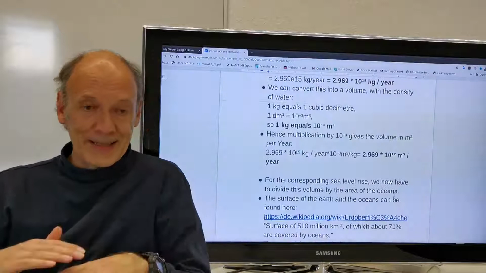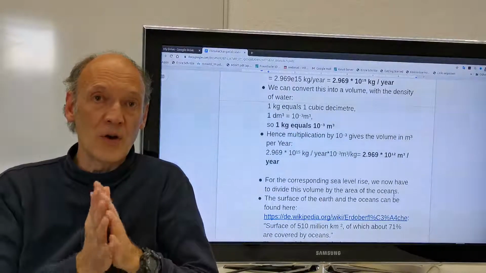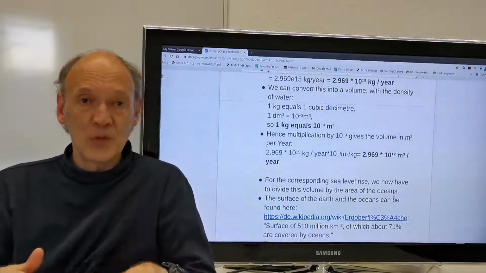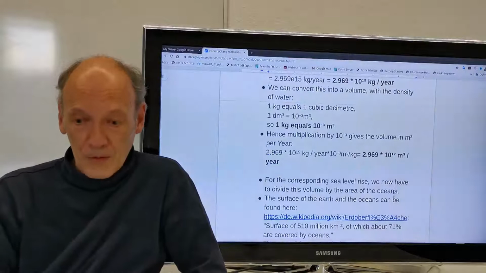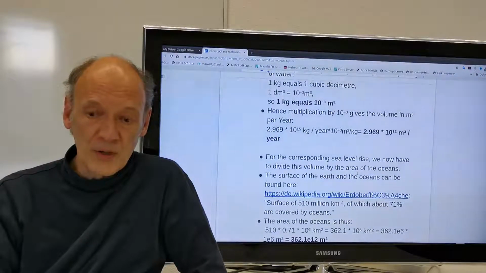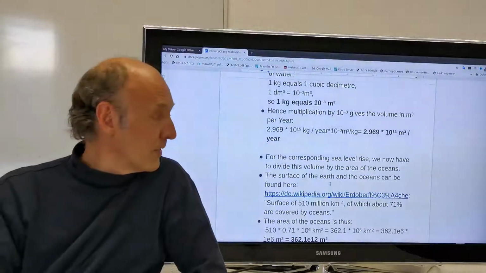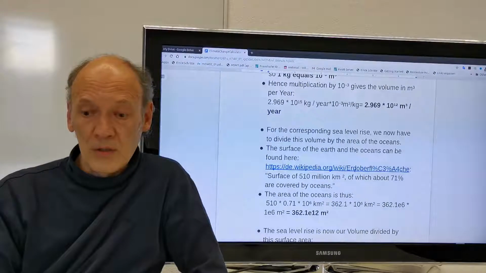So to get a sea level rise, we just need to take this volume and divide it by the area of the oceans, right? Because area times height is volume. So for the corresponding sea level rise, we now have to divide this volume by the area of the oceans. So what's the area of the oceans? Again, we look at Wikipedia,